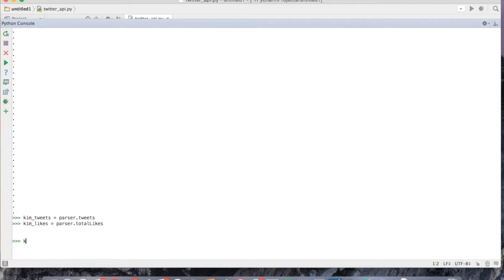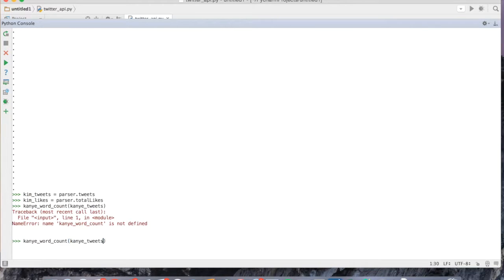Now let's start having some fun. A lot of people say Kanye West is kind of full of himself, so let's see if that's true. Basically, we're going to keep track of how many times Kanye says every single word, like a count for each word. So how many times he says, for example, his own name, how many times he says dog, or whatever else in his tweets. This is another function, more functional abstraction as always. Is equal to get word counts.